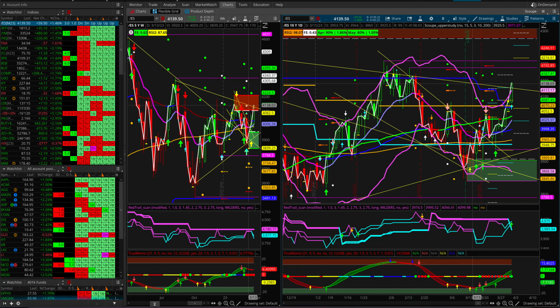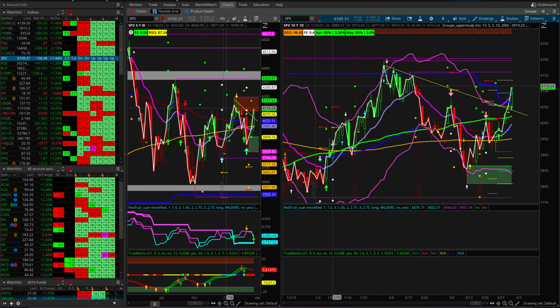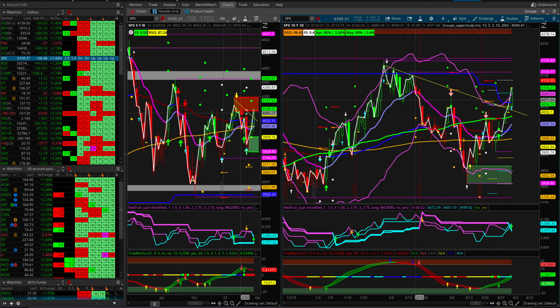So anyways, the markets went up nicely today. The S&P 500 went up 1.46% on the E-mini futures contract. I'm going to flip over to the S&P by itself without the overnight action. Maybe it's a little cleaner for some people to look at. I use both.